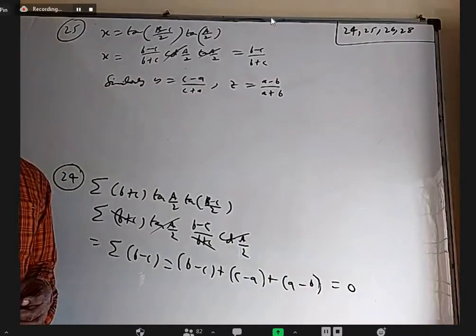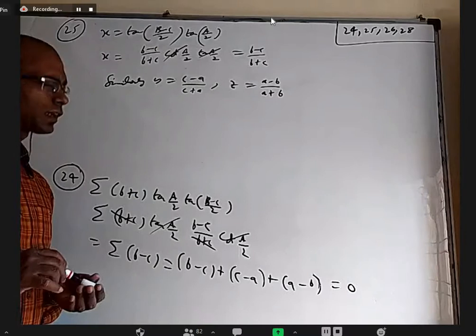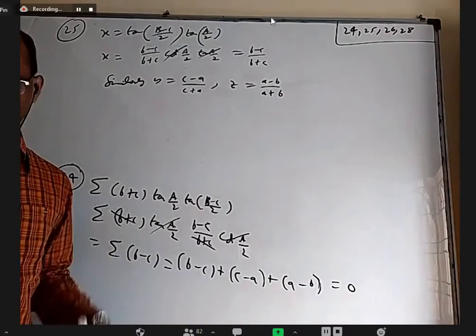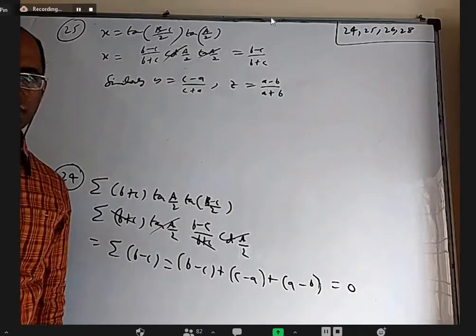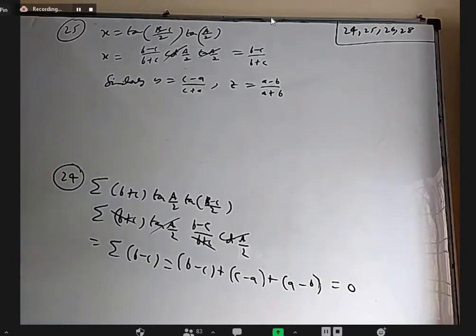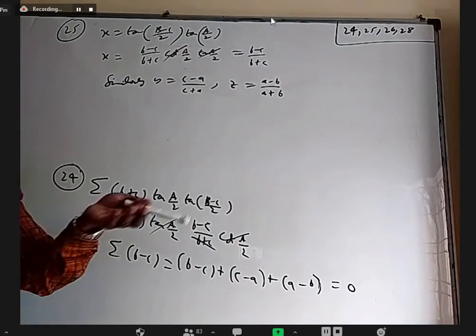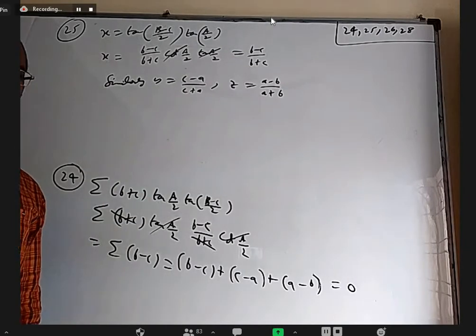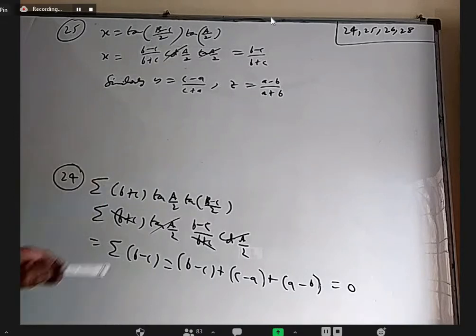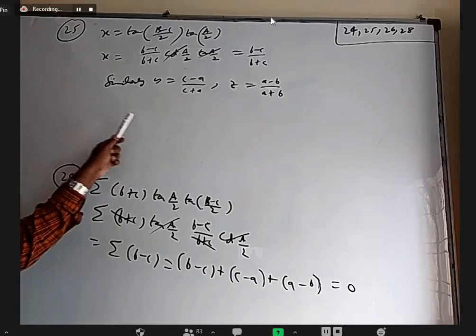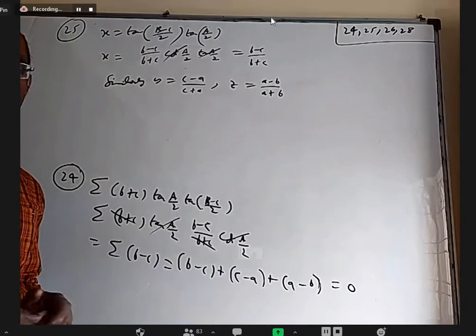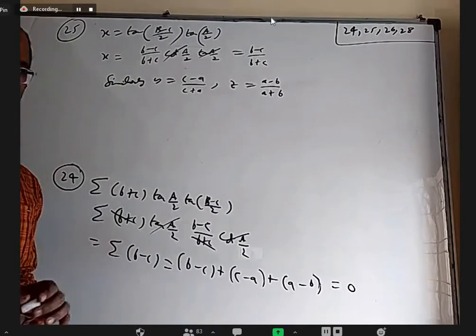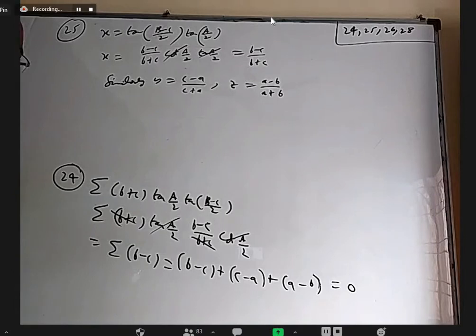Of course, somebody can take some objective method, take a is 5k, b is 3k, c is 4k, something they can manage, because options are all some multiples of x, y, z. So you can take some ABC, some numbers randomly also. Sides of a triangle, you take 3, 4, 5 or some other numbers. Instead of that, if you want to do the proper subjective method, you find x plus y plus z, that is this plus this plus this, take LCM, expand and simplify. You will be able to prove it is x into y into z by proper factorization. But I want to do slightly different, even that is little lengthy.